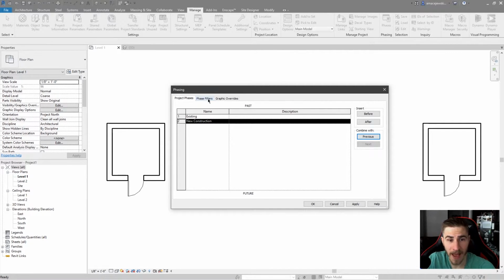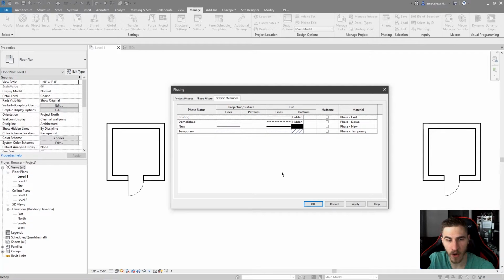I'm actually going to jump past phase filters for a second and go to graphic overrides. So what are these graphic overrides? Well, based on the phase that a particular model element is in, will determine how it looks. And these overrides are how each phase of a model element will look. Again, we've got